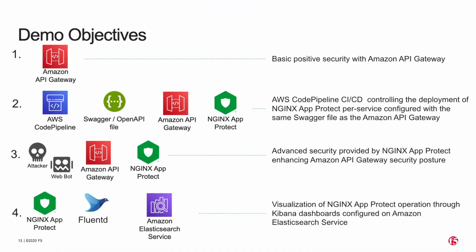To recap, we've demonstrated how Amazon API Gateway provides basic positive security, how NGINX App Protect can be deployed through a CI/CD pipeline to a Kubernetes environment in a per-service mode, ensuring the separation of security policies between applications and the configuration portability, how the same OpenAPI file can be pushed to the API Gateway and to NGINX App Protect to automatically build a positive security policy, how NGINX App Protect enhances the overall protection level by providing negative security and advanced features like bot detection, and how NGINX App Protect can be monitored through FluentD and